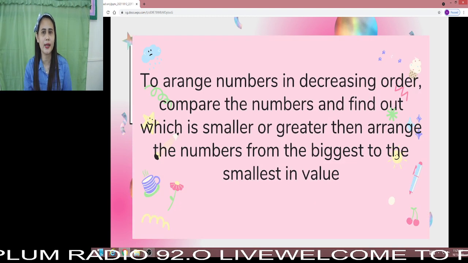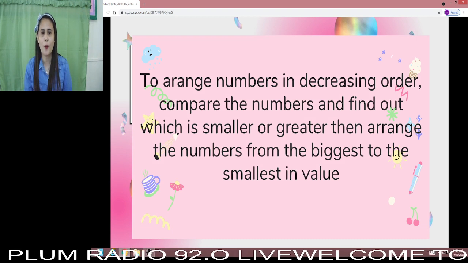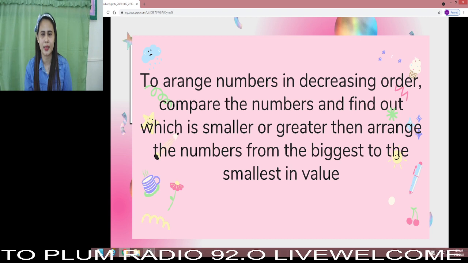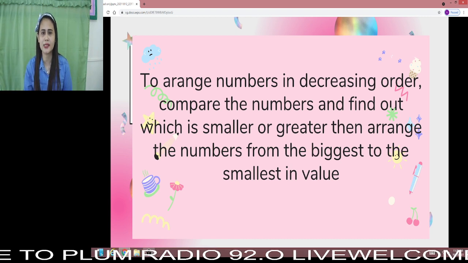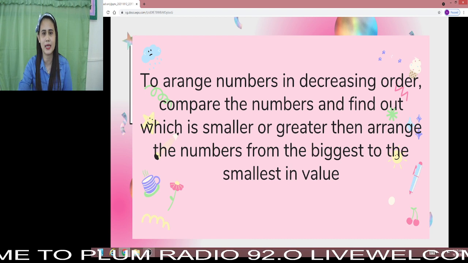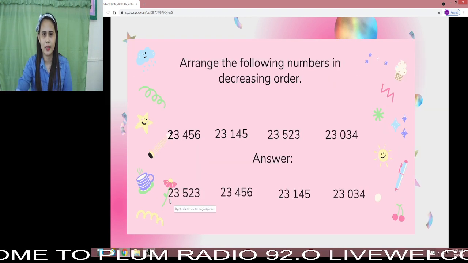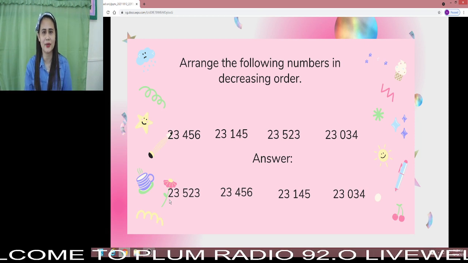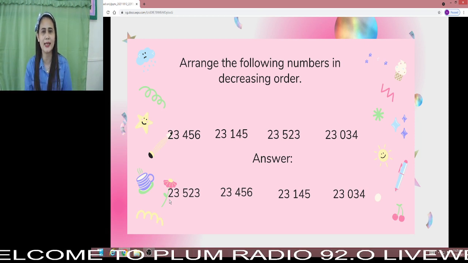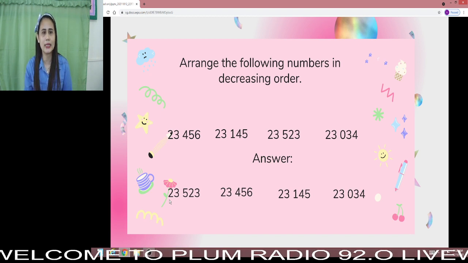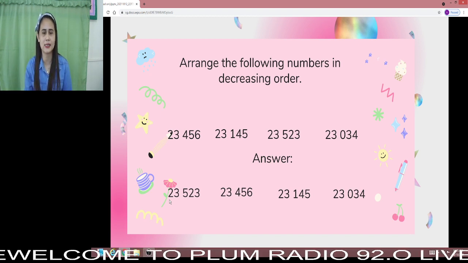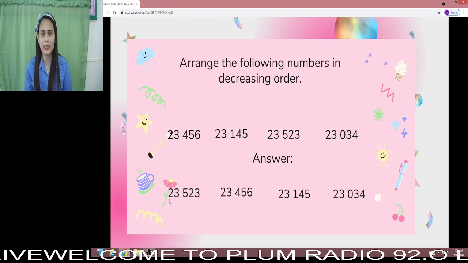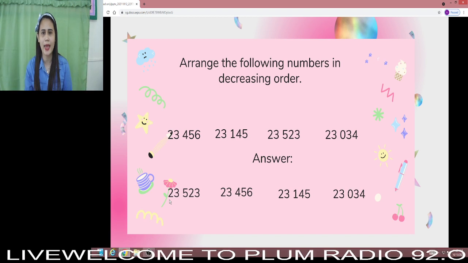To arrange numbers in decreasing order, compare the numbers and find out which is smaller or greater. Then, arrange the numbers from the biggest to the smallest in value. Let's have an example. Arrange the following numbers in decreasing order. Here are the sets of numbers: 23,456, 23,145, 23,523,